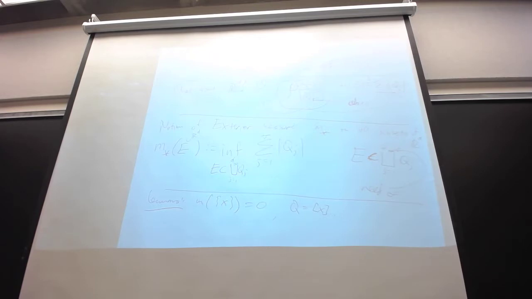Here's something surprisingly not that easy. Here's a lemma. What is the actual, I should say m star. We're always dealing with exterior measure because we're not at measure yet. If you have a closed cube, so Q always means closed cube, is its measure equal to its length? It better be.